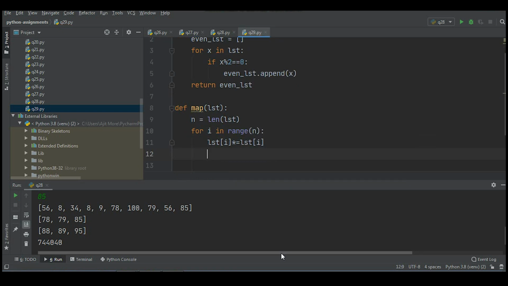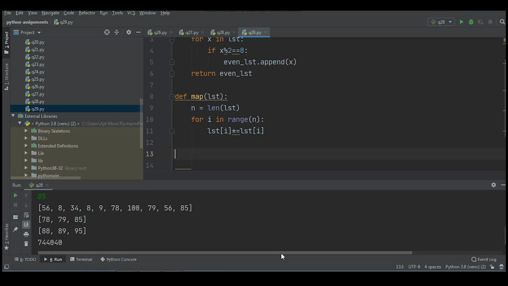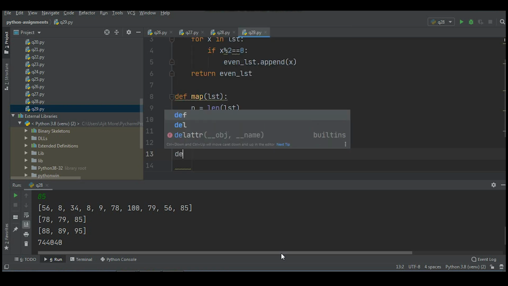That is, we are multiplying each element by itself and storing the result in that same position. Now there is no need to return it because the list which we have passed is itself modified, because a list object is always passed by reference.